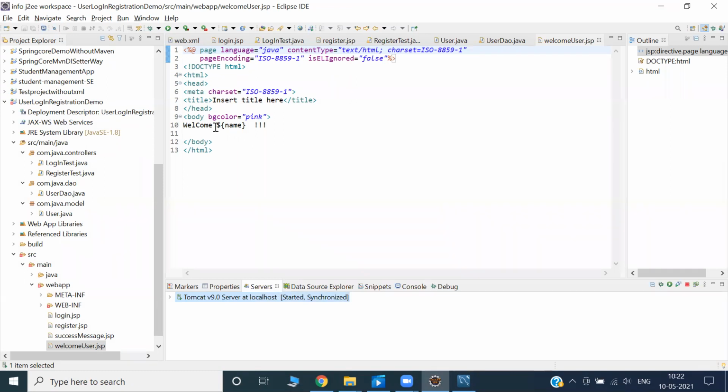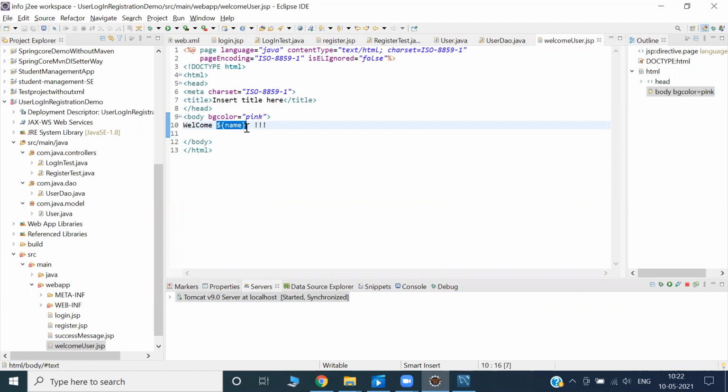Okay, the welcome message is fine, but I have done one name. This is an EL statement, expression language. Once I start JSP, it will be easy to understand this line.